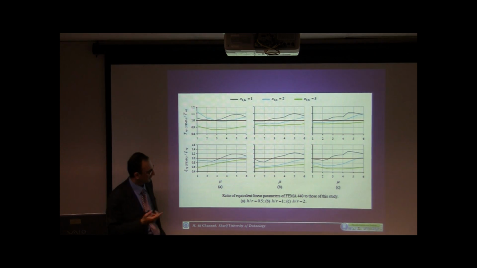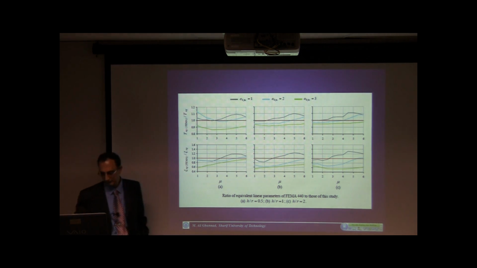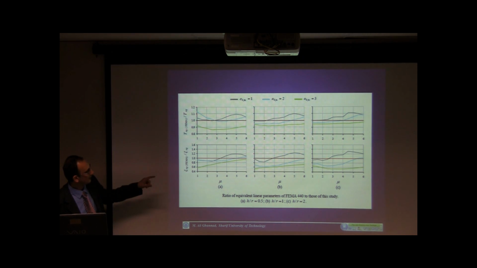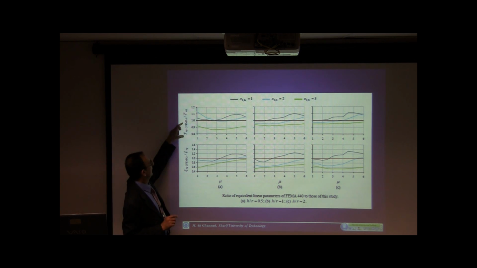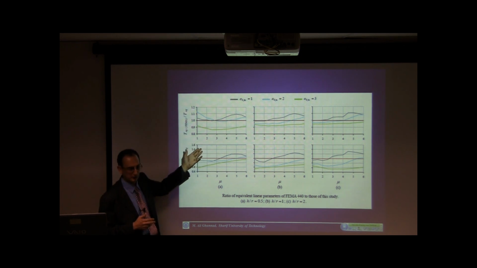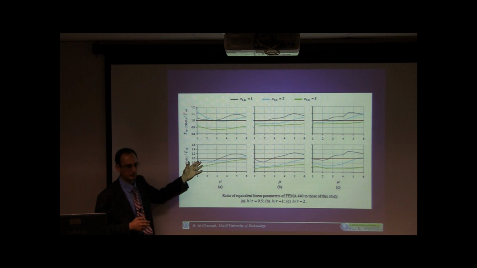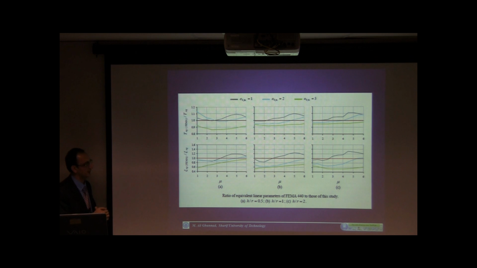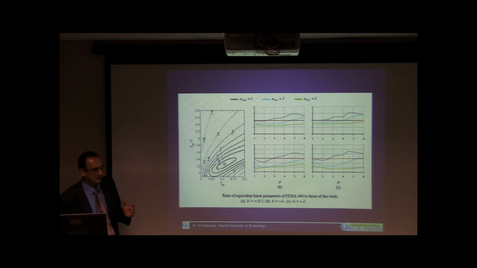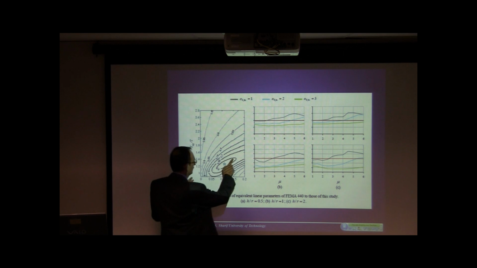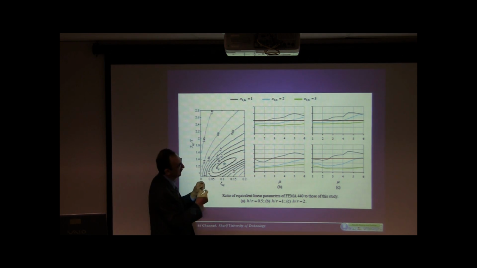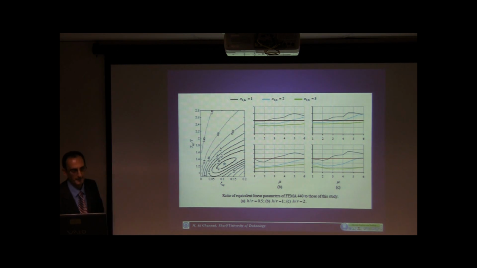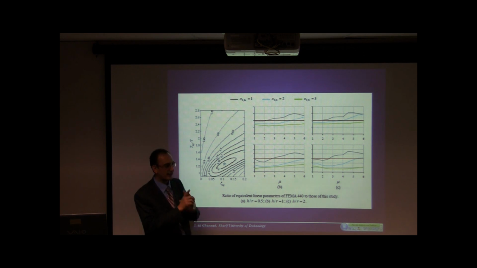And I think after that, I have just one slide left, and this is the ratio of the equivalent period of FEMA to the equivalent period that we derived here, and the ratio of the dampings here. Of course, this is for FEMA, and you can say that in some parts it's lower and larger, and nobody can say which one is better because there's no unique answer. You can say that if you have longer periods and larger damping ratios, maybe you have a good estimation of the results.